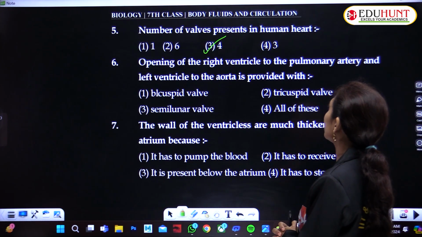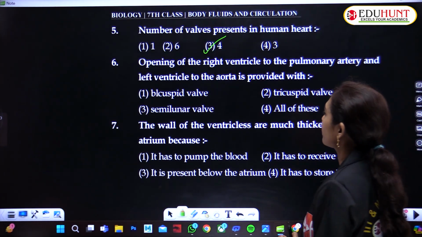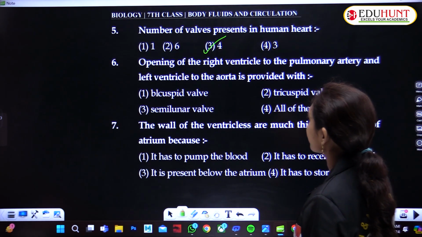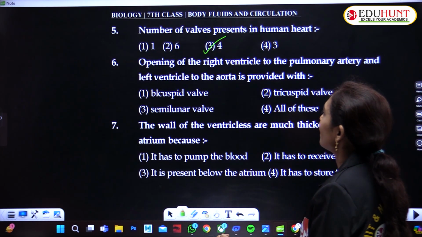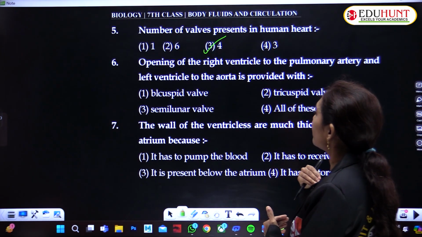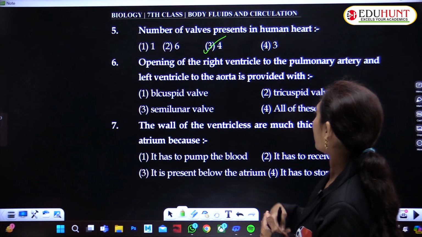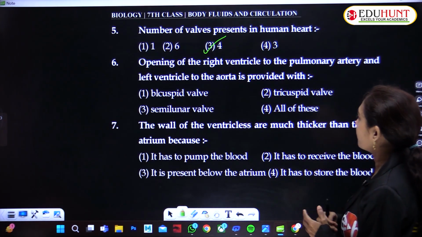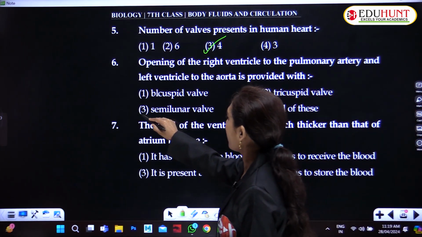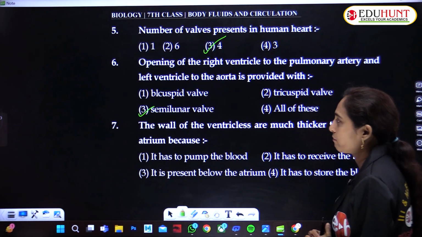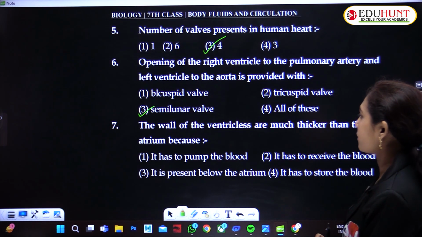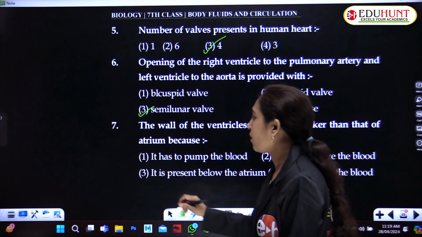Opening of the right ventricle to the pulmonary artery and left ventricle to the aorta is provided with semilunar valves. The wall of the ventricles are much thicker than that of the atrium because it has